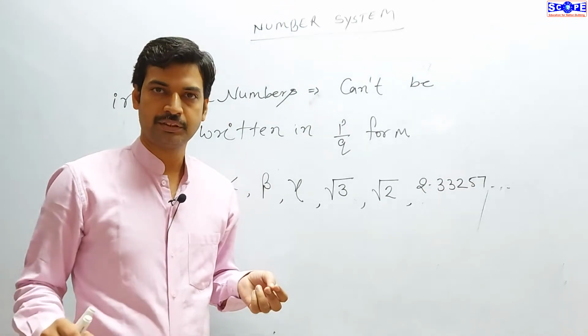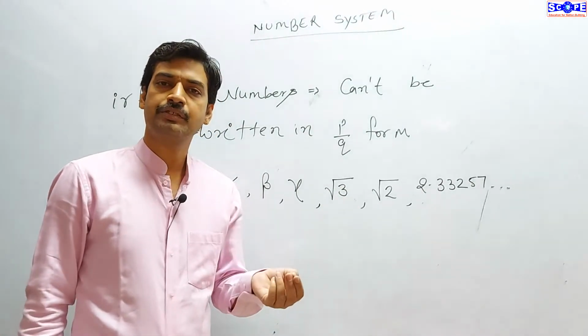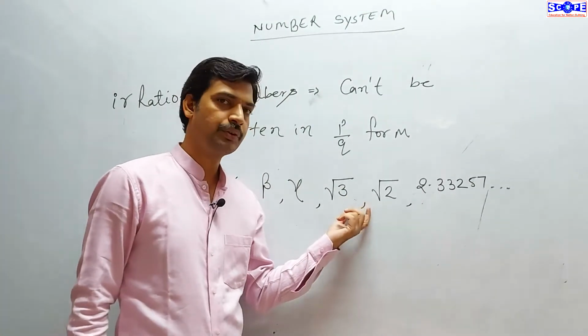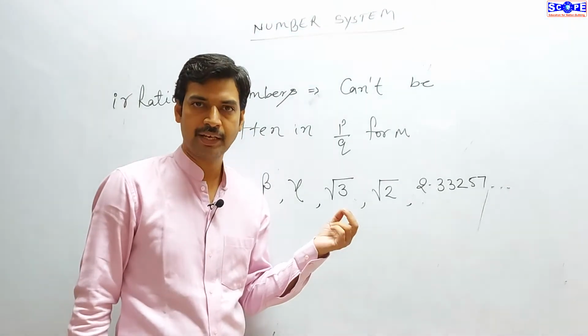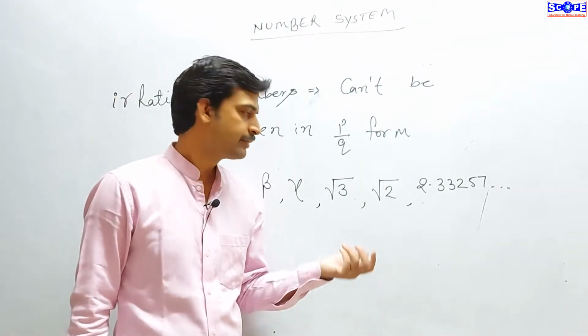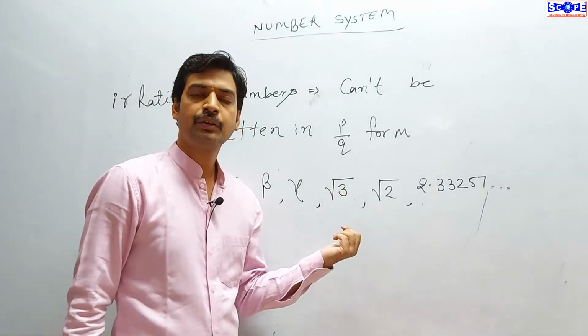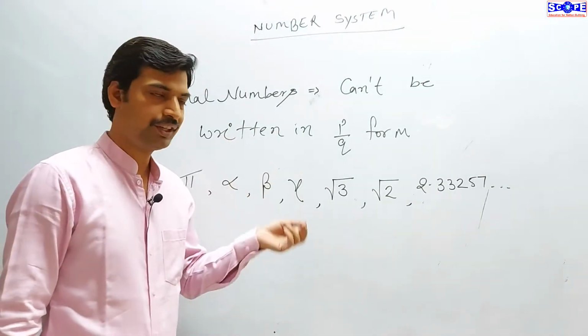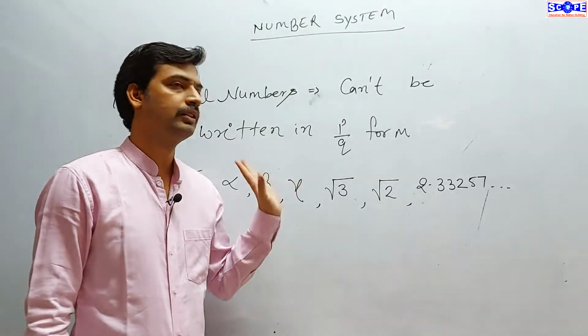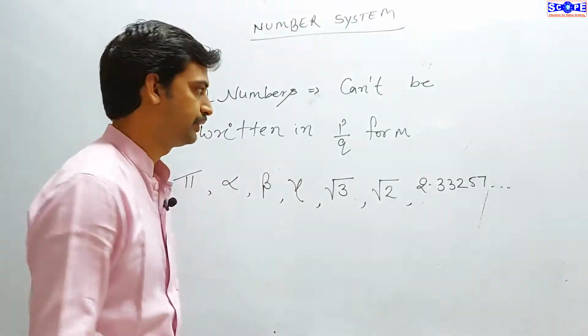1 point something something. Under root 2 is what? Again 1 point something. But we will not include under root 9, under root 16, because we know the value of under root 9 is 3, the perfect value. So any number written under root but it is not a perfect square, then it is irrational. If it is a perfect square, then it is rational, like in the previous example we have done.